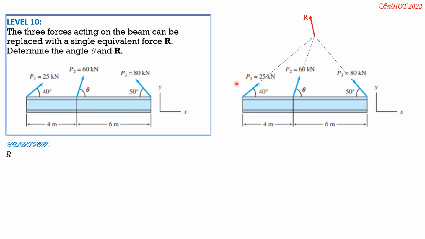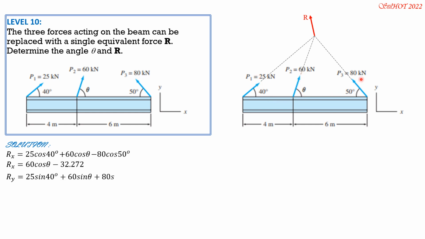So from the figure, Rx is 25 cosine 40 positive, plus 60 cosine theta positive, then minus 80 cosine 50, it is negative. So simplifying, Rx is 60 cosine theta minus 32.272. Ry, all forces are positive. So Ry is 25 sine of 40 positive plus 60 sine theta plus 80 sine of 50 degrees. Simplifying, Ry is 60 sine theta plus